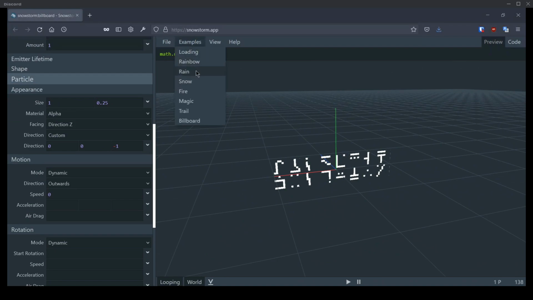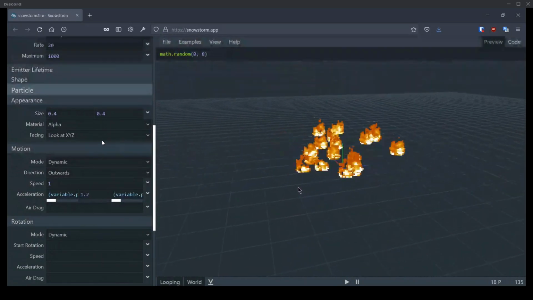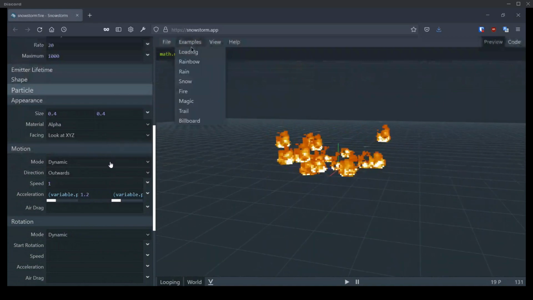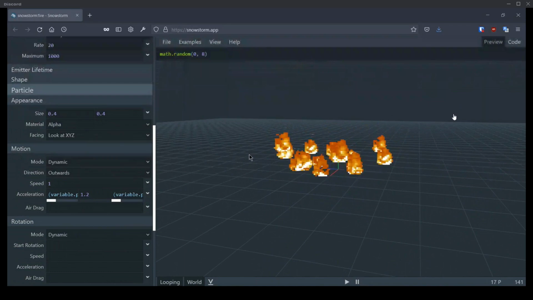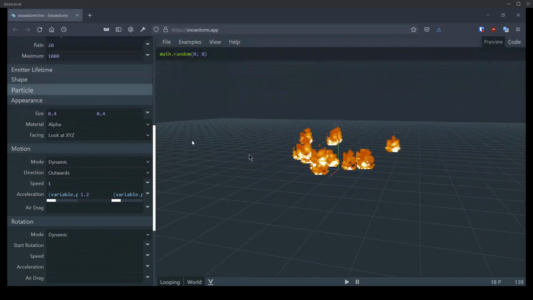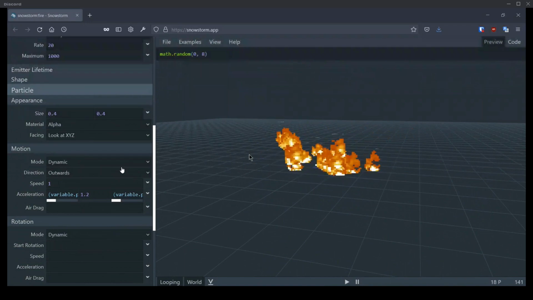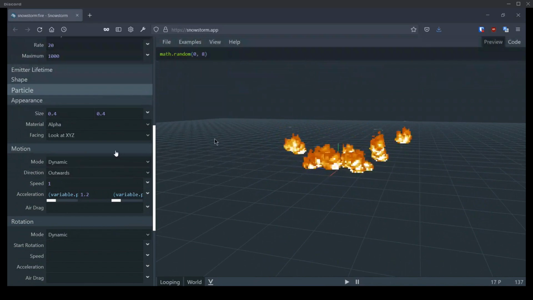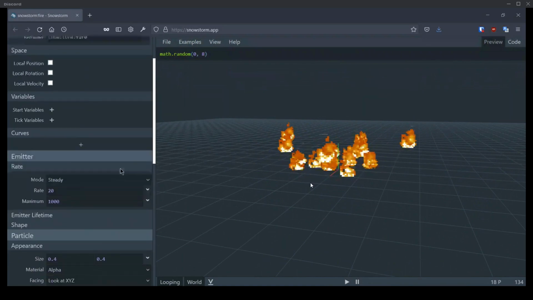Okay, so what I'm going to do, and I think this is actually a good place to start: when I want to create a new particle, I usually just pick the example that closely matches it. I think that's not unreasonable. So in my imagination of a blood effect, first of all, I want to get a red particle, which drops down and maybe bounces. I don't know if bouncing works in Snowstorm, but we'll try. There were also 2 or 3 requests for bounciness in particles, so we'll see if I can remember how to do that.